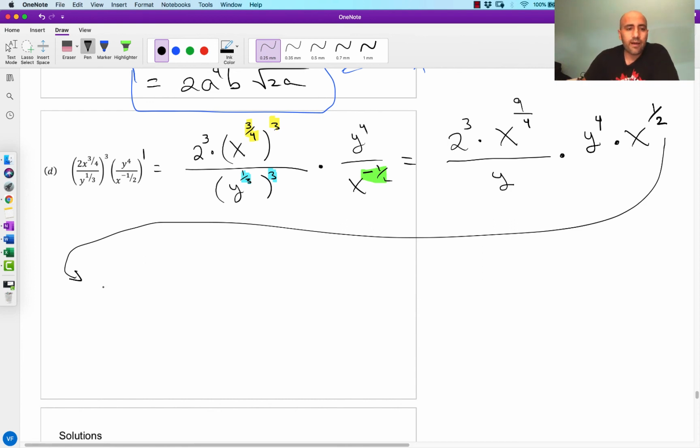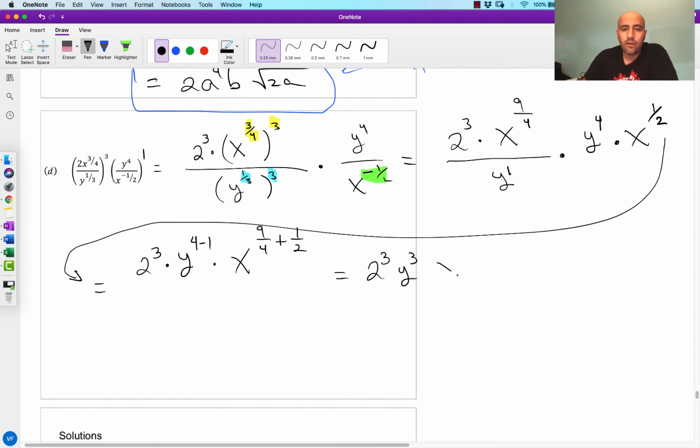The 2 to the 3rd power, that's not going to go anywhere. That's 2 to the 3rd power. And then I have a y to the power of 1 and a y to the power of 4. Those will reduce. That's equal to y to the 4th power minus 1, or just y to the 3rd power, times x, and I'll have an x to the 9 over 4. And then when I have two exponential numbers with the same base, we add the exponent, so that'll be plus 1/2 there. Okay, so this is going to be equal to 2 to the 3rd power, y to the 3rd